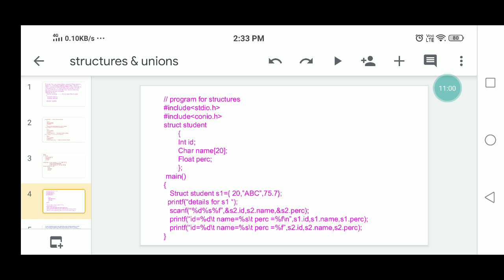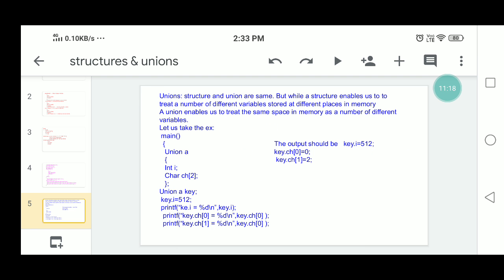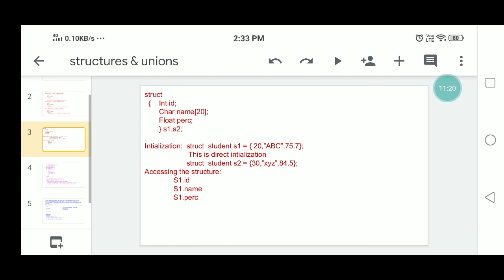Here we are not declaring any structure variable. If you want to declare a structure variable, at the ending of this we have to declare the structure variable names S1, S2.